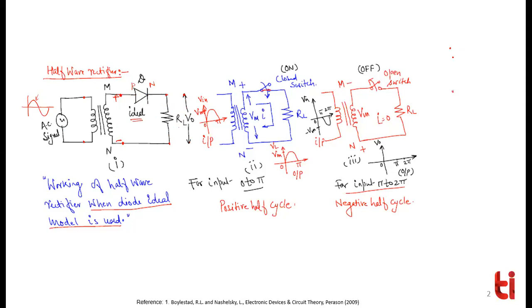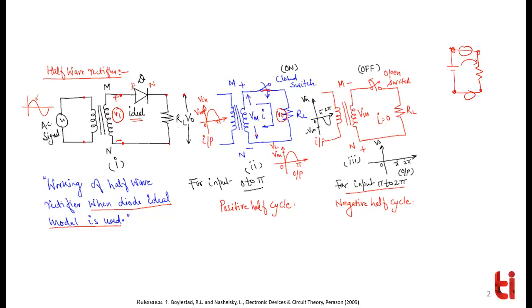Simply, you have a battery and a resistance, and there is no drop anywhere. Whatever voltage you apply here, it gets here. It is all transferred, a complete transfer, because there is no drop anywhere. So what is the output you will get? You will get the output V naught equal to VI. Whatever the input voltage VI is, you will get the same output V naught.